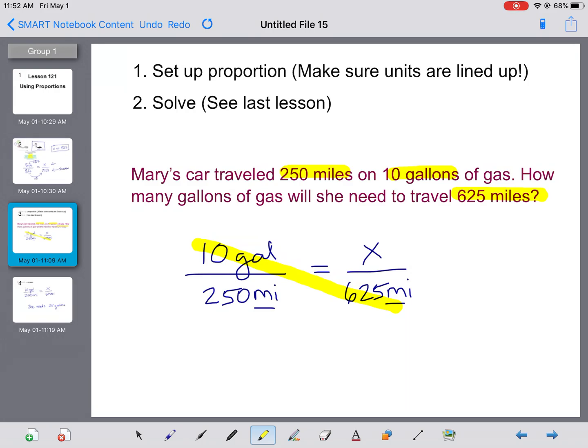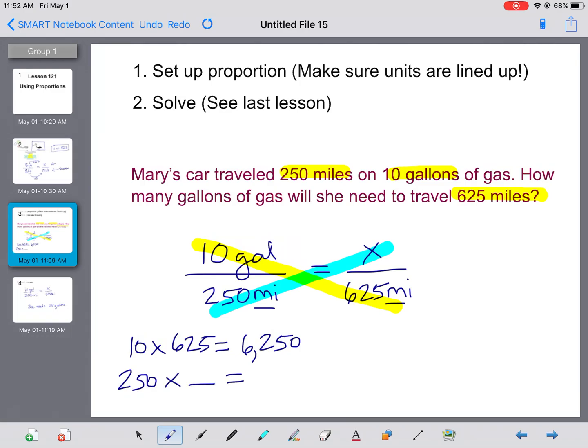So remember cross products, 10 times 625 should equal the same thing as 250 times x. So if we do 10 times 625, we end up with 6,250. So we know that 250 times something should equal the same thing, 6,250. So just like you did in the last lesson, in order to find that missing number, you simply divide